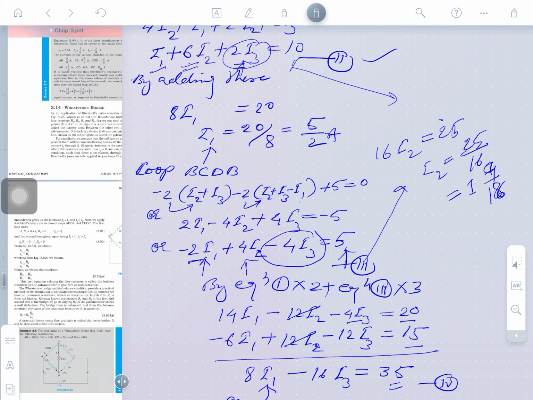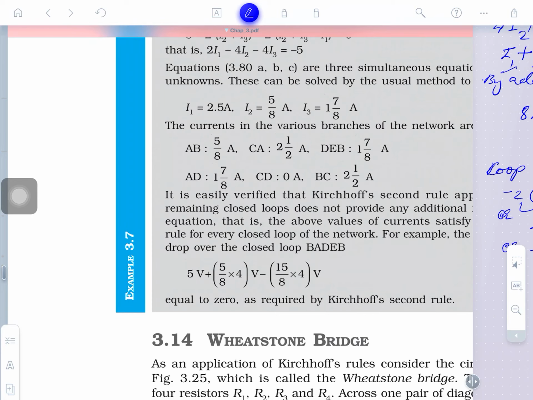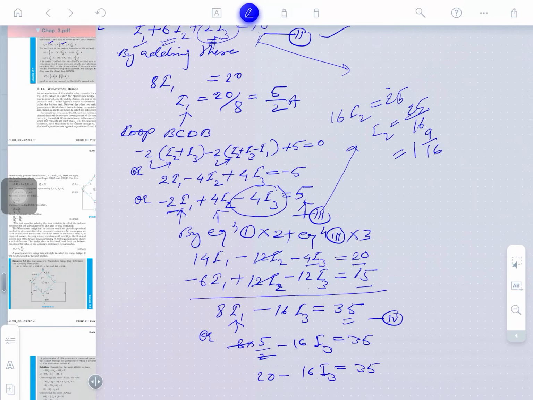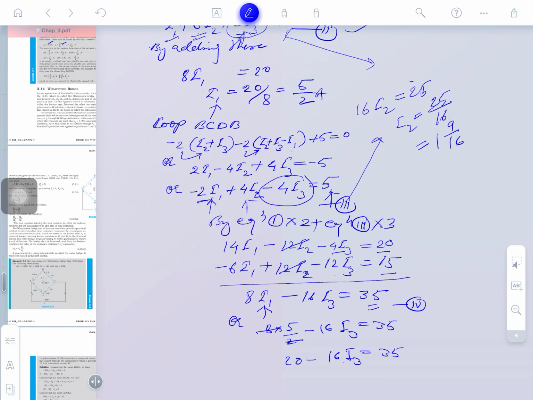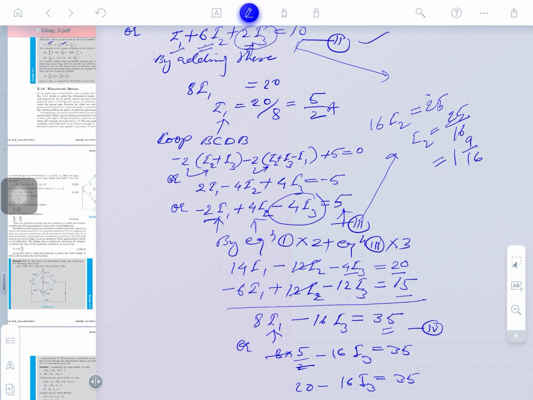Okay, so your answer is what? Your answer, I2 current must come here, this 1 whole 9 by 16. Check, I2 is 1 whole 9 by 16. It's I2 current. I2 is this coming. It means your I1 current is only coming true. So what the mistake means, the two equations are here wrong. Not only one, two equations are here wrong. Okay, what the two equations can be there, we need to check them again.